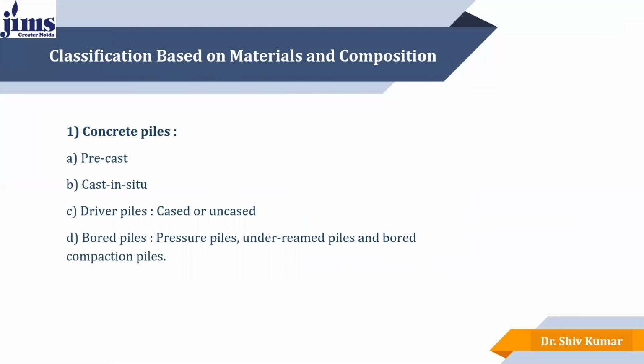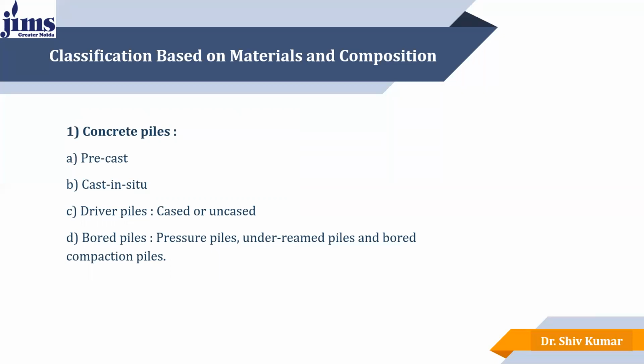They are categorized into 4 different divisions. The first one is the precast pile. Precast means the piles which have been cast at a different place from the construction site. It means in a yard or in a factory, we prepare the foundation as per the design requirement. We cast them. The only benefit of the precast piles is the quality.